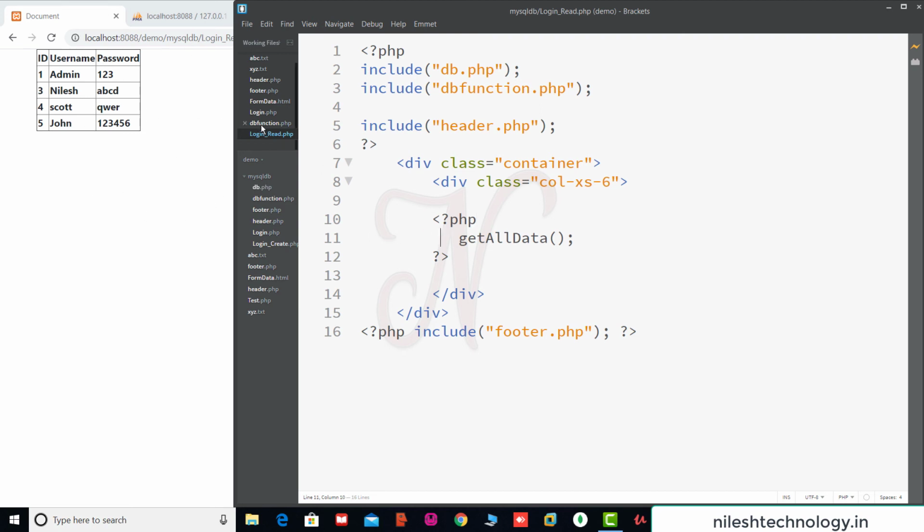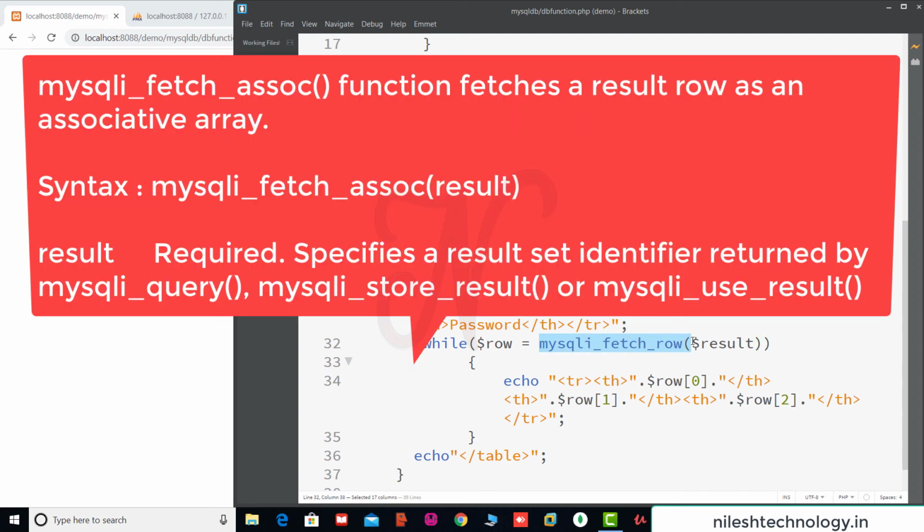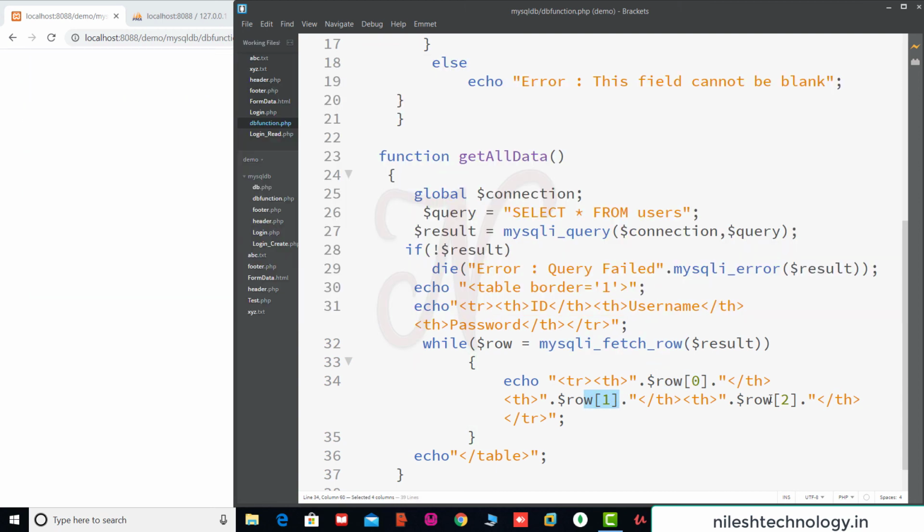There is one more function to print this data. Like mysqli_fetch_row, there is another function, mysqli_fetch_assoc. This function fetches a result row as an associative array. With fetch_row we access all the data by using index 0, 1, 2.